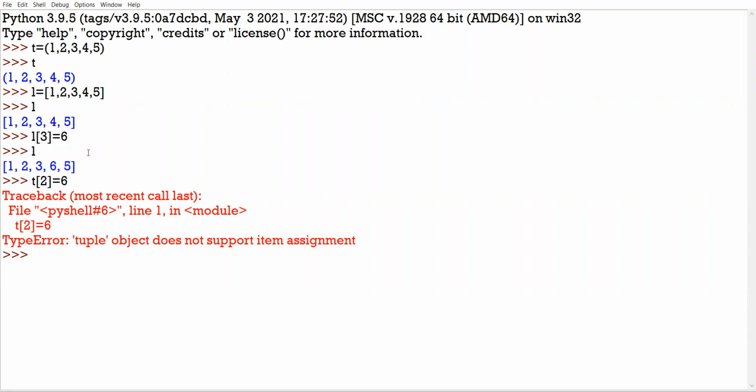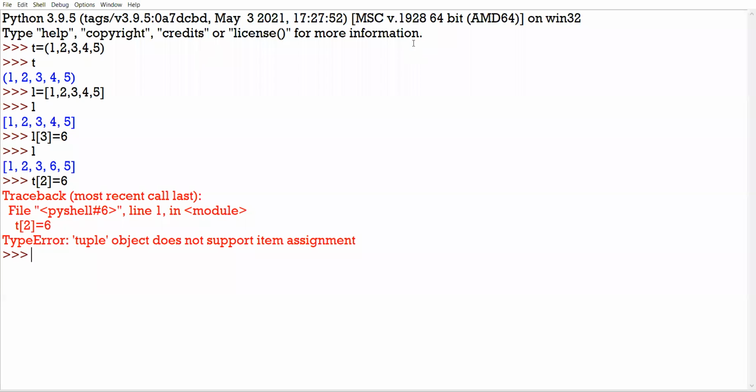This is because tuples are immutable in nature and lists are mutable in nature. Because lists are mutable, you can change in place. But since tuples are immutable, you cannot change in place. So assignment is not possible in the case of tuple.